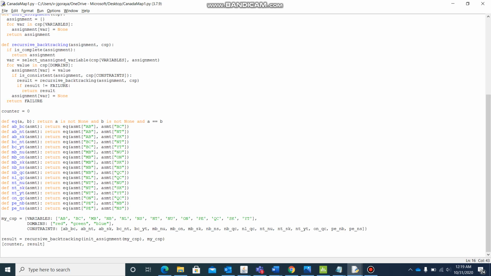And in this part, I have defined the equation for a comma b, returning that a is not none and b is not none, and then a is not equal to b. By this I have defined, for example, if I'm taking Alberta and BC, that ASMT is a constraint defining that Alberta and BC are neighbors, and it returns the check on ASMT Alberta and ASMT BC.